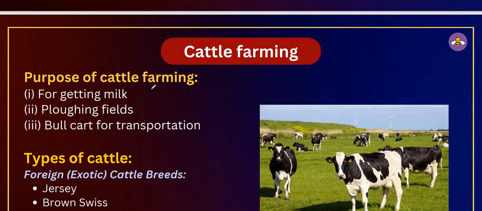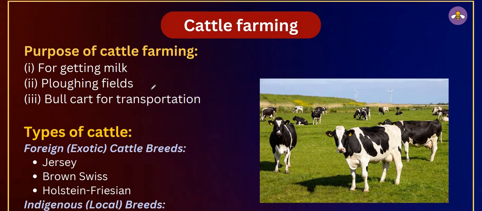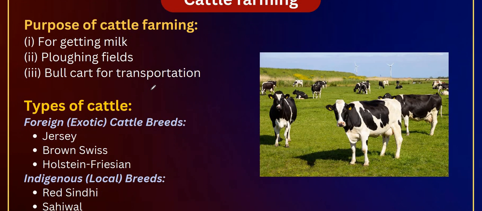Cattle farming. What is the purpose of cattle farming? To get a lot of milk, to sell it. Also using cattle for ploughing the field, bullock carts for transportation, earning money. Types of cattle. Now, very important. These black and white cows which you see are the exotic cattle breed. Exotic means foreign cattle breed, while the